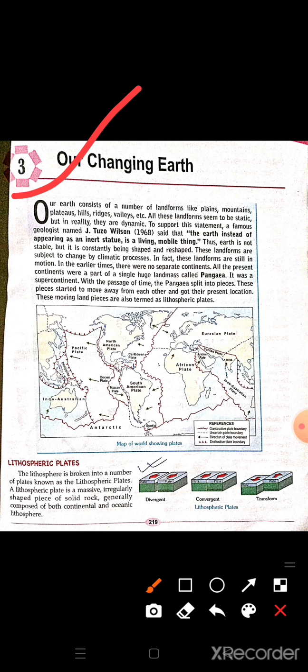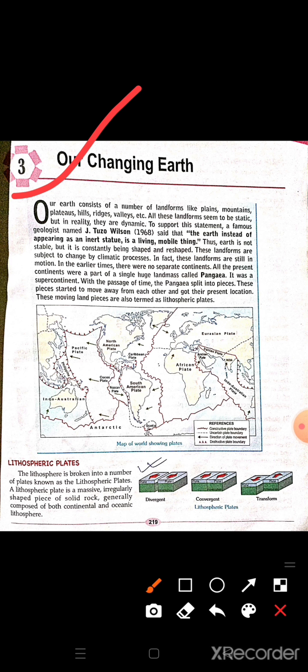So J. Tuzo Wilson, a famous geologist, said that earth seems to us as an inert statue, but in reality it's a living, mobile thing that keeps on moving, that keeps on changing. Thus earth is not stable, but it is constantly being shaped and reshaped.